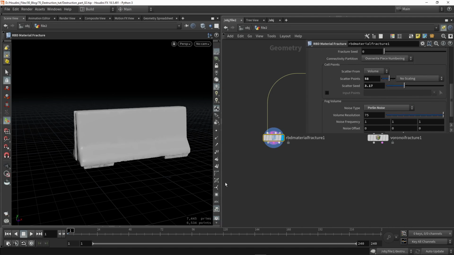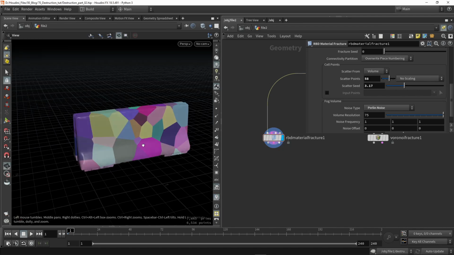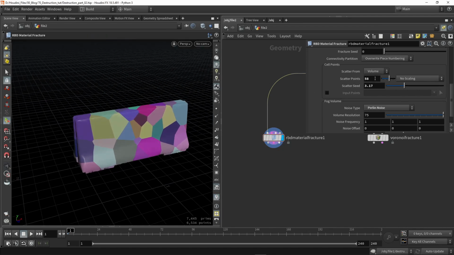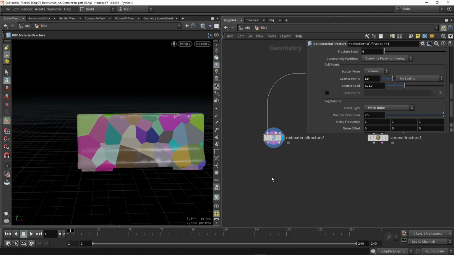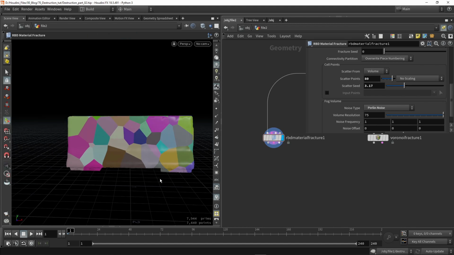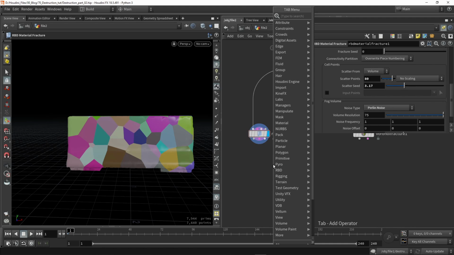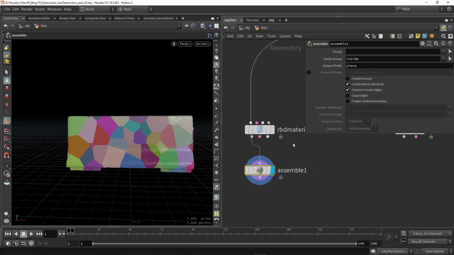So now back to our material fracture piece, and we're going to go to our labels and enable the name here so we can actually see our pieces again. And I might increase the amount, so maybe let's go to something like 80, so we have more geometry to work with. And then I want to clean that up. I also want to merge specific parts together. Maybe you want some cover spot for your gameplay, or some art directable parts that don't need to be destroyed. So I'm going to first of all assemble the model, and with assemble I can pack